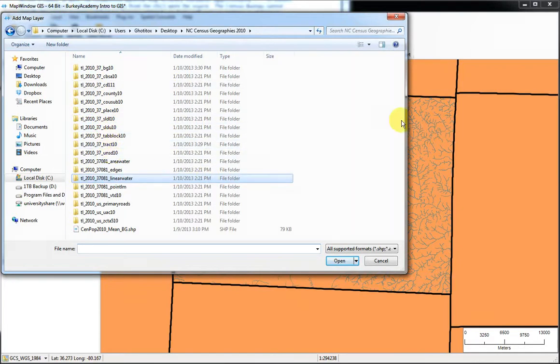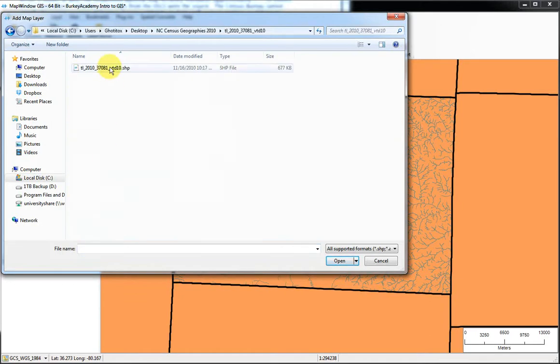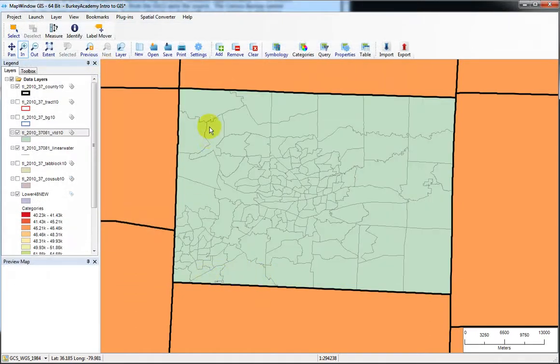Let me look at the documentation so I can tell you what we're looking at. Well, here's VTD. Those are voting districts. Let's see what the voting districts look like. Okay, so that would be very interesting. And before I go any further, let me show you a little graphic about how these areas relate to each